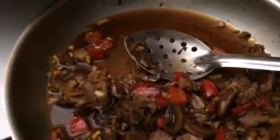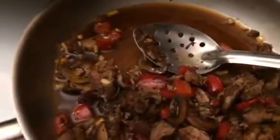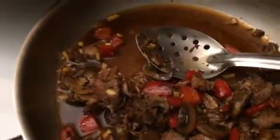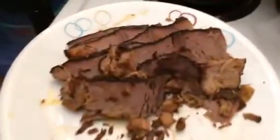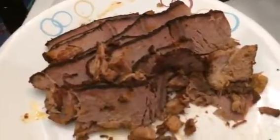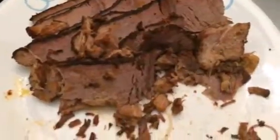I think I posted a video about that the other day, and then I let it sit in the ceramic crock pot in the fridge for like a day and a half. And when I got it out, this is the rest of it here. I sliced it on the cross grain. And that's going to go probably in the freezer for now because I don't like to let beef sit too long in the fridge